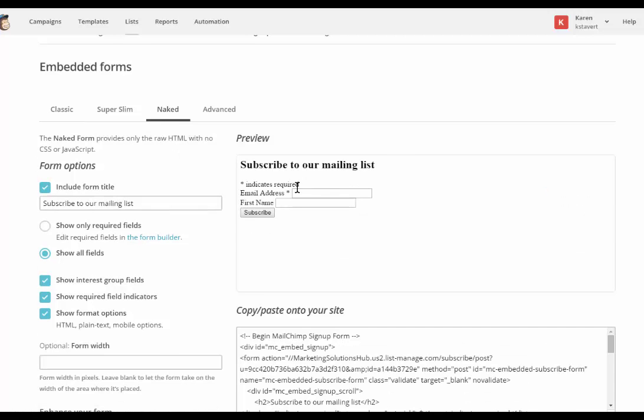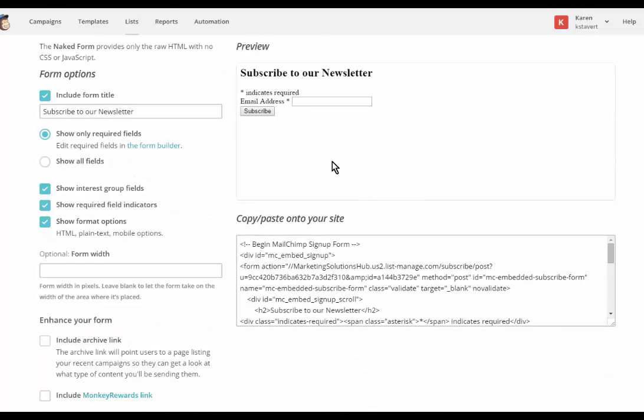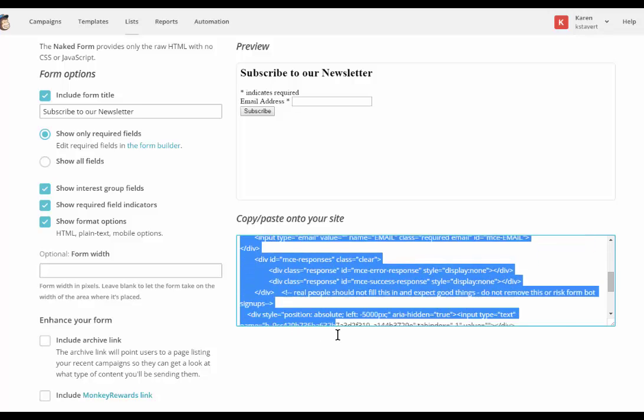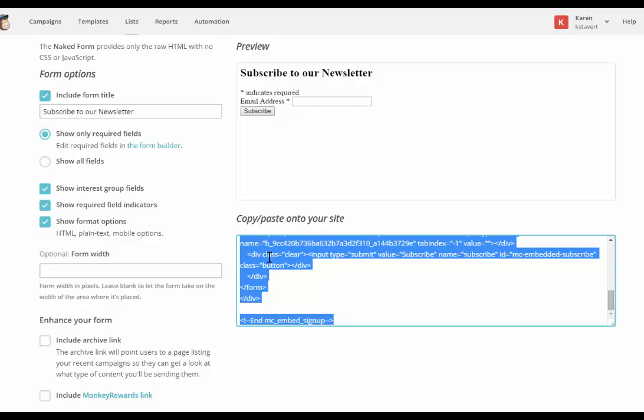The naked just gives these two places to add information. I can change the title here, and it will change it over here. And you can specify the form width, though I didn't seem to have any luck with doing that. And then you copy this code